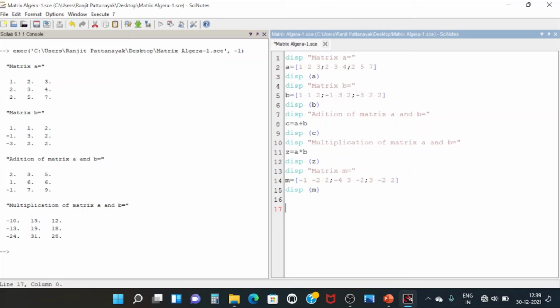So now we are going to move to the associative law. For that, what do we have to define?